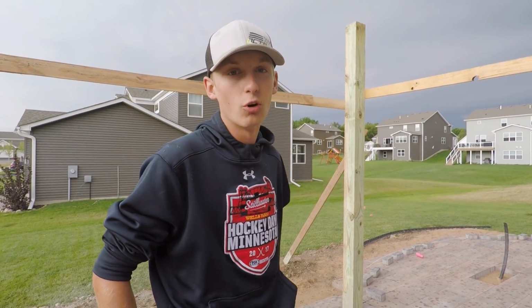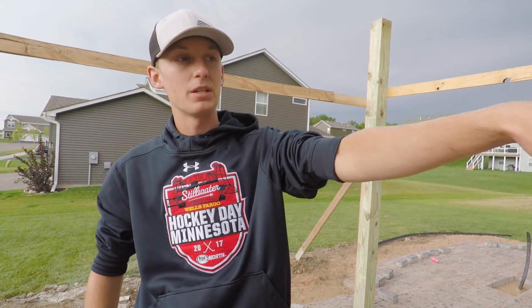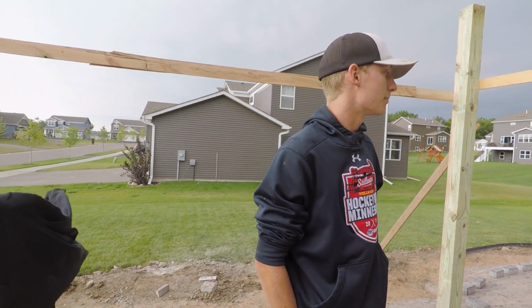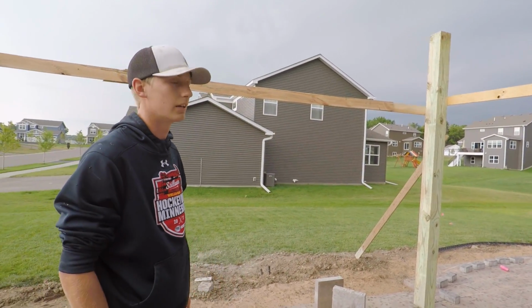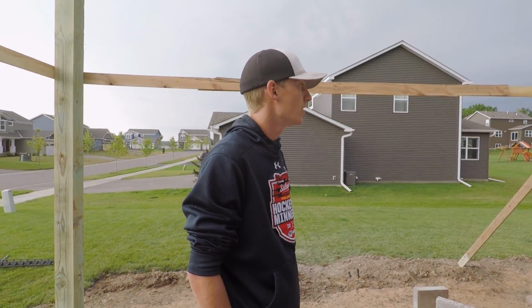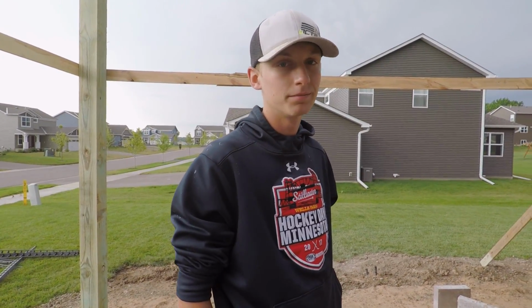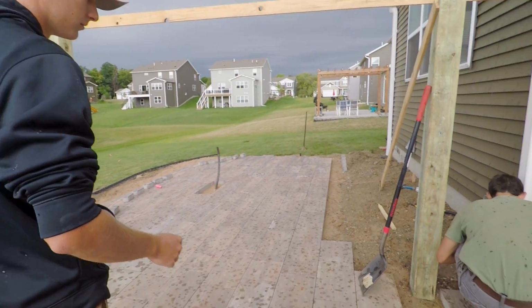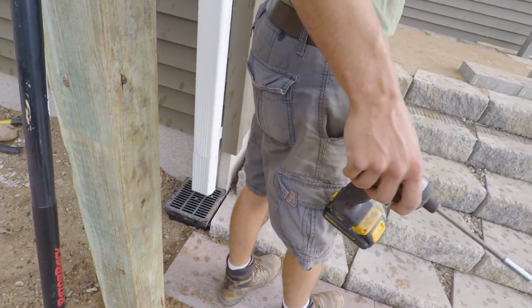Hopefully today the goal is to have the soldier done around the patio and the top piece of the stoop done. Obviously, depending on rain, we'd like to poly sand today, but I don't know if that's going to happen for sure. So we'll wait the storm out and check back in a little bit once it's done. Alright, let's throw everything we don't want to get wet under the...